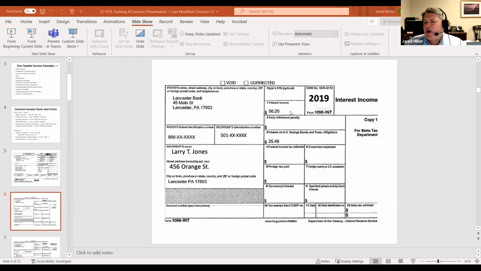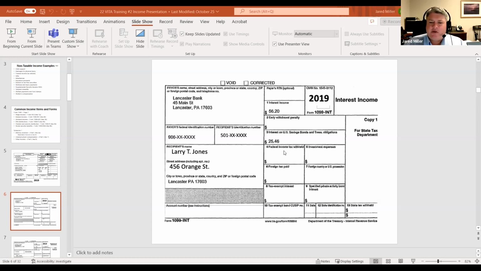So box 1 is probably the one we'll see most often. If they have any savings bond interest, that could be Series E or Series I, and that would be shown on box 3. If we enter the information exactly as it's shown on these forms, it's going to go to the correct locations. Interest income is going to be taxable for federal and state purposes unless we have some state exempt interest. Interest in box 3 will be taxable for federal only. It will not be taxable for state purposes.